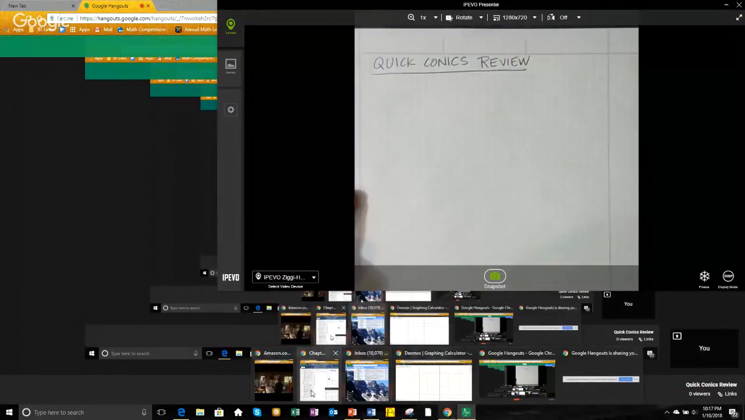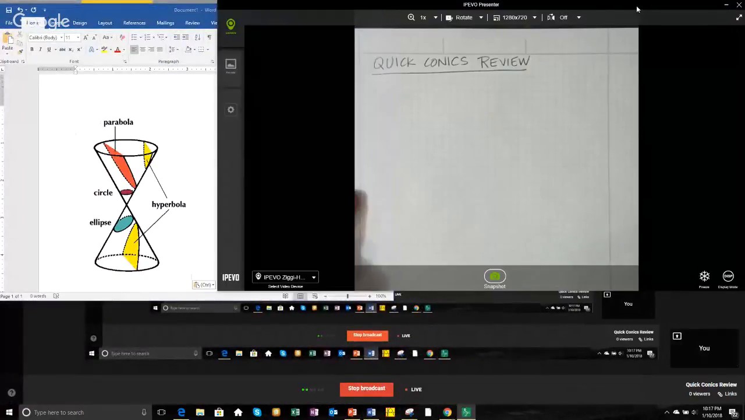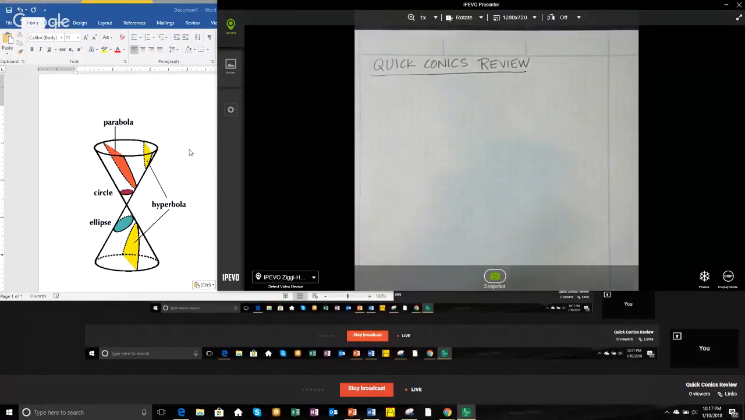All right, we're going to do a quick review of conic sections, and I want to show you a picture right here. I'm not going into the derivations on how we come up with the equations. I'm just going to give you the equations and review how we would graph these conic sections. And I brought up a picture of how